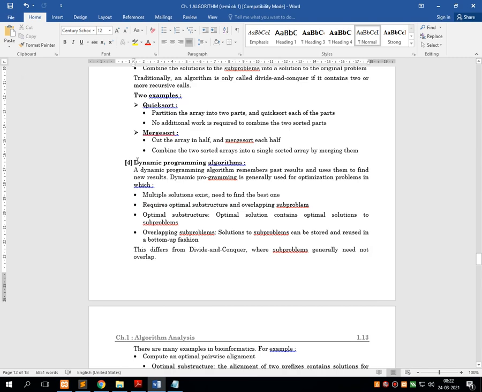All that comes under the category called dynamic programming algorithms.